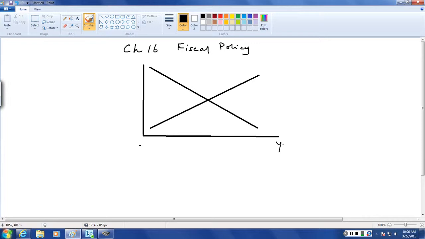Real GDP, price level, aggregate demand, aggregate supply. This here is our equilibrium level of real GDP, and potential GDP, or full employment real GDP, is to the right of Y star. So this is YF, full employment real GDP, and that gap there between Y star and YF is called the